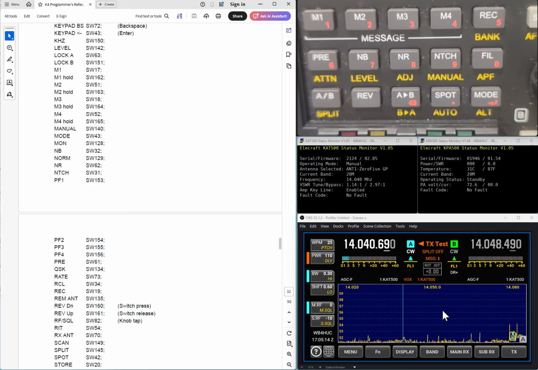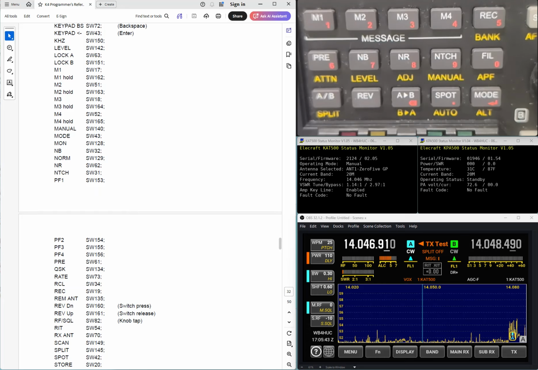And that's perfect for what we're going to do, because I'm going to send these messages by pressing the function keys on the K-Pod, and unfortunately I don't have any cameras, you can't see that, but trust me, you'll hear it. So let me turn the audio on to the radio, and so now when I press F7, I just press it and let it go. You're going to hear my call sign, and when I press and hold it, you'll hear the exchange. And that was 25 words per minute set right here. So that was the call sign. And then if I press and hold F7 on the K-Pod,